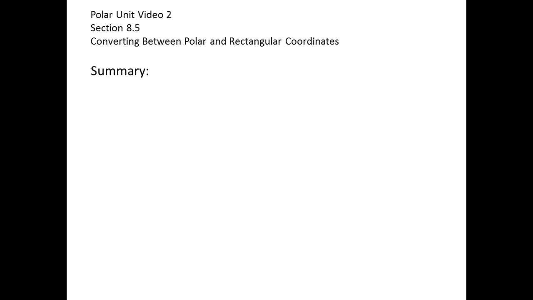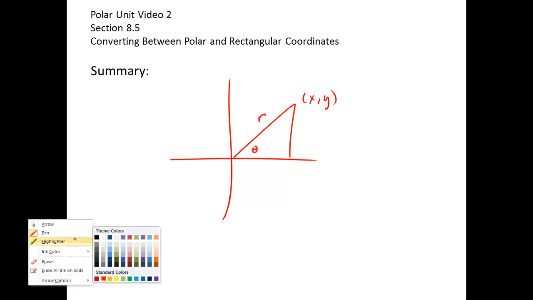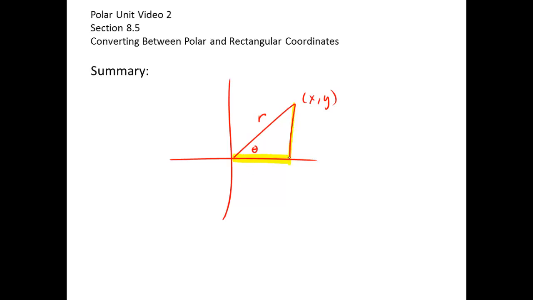All right, in summary, this is going to be real quick for you. We need to make sure that we understand the relationship between the x, y, and the r, theta that we have. And the best way to do that is to be certain that we can either recreate this or understand where it all came from when we get our formulas together. So my formula to find r when I'm given my x and y is the square root of x squared plus y squared. My theta comes from the tangent of theta equals y over x,